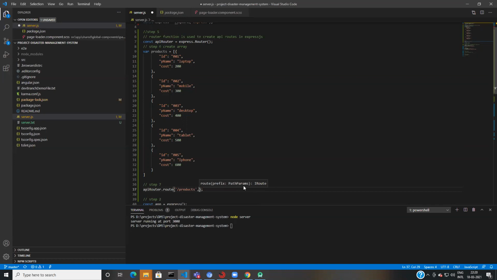How? Again, I will have an inline function. The function has request and response. I am sending a response, res dot json, in JSON format. I guess I don't need to use a package for JSON. Let's see whether this works or not.